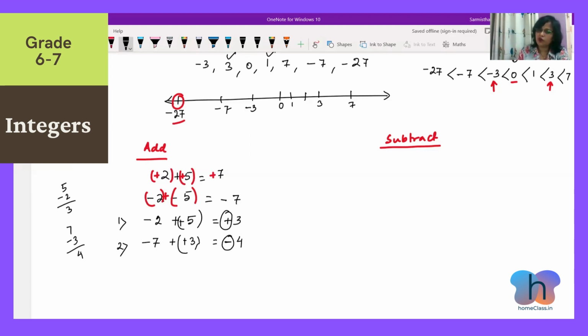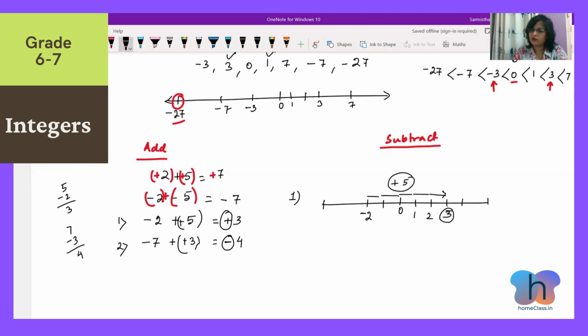We need to follow this step. Let me show one here so that we understand what we are doing. Say number 1 we are doing. First we have minus 2 and we are adding plus 5. Whenever we are adding on the number line, we are moving towards the right hand side, from left to right. So this is 1, 2, 3, 4 and 5. So here, see, our number is 3. We have minus 2, we have added plus 5, so we have got the answer 3. This is the number line representation.